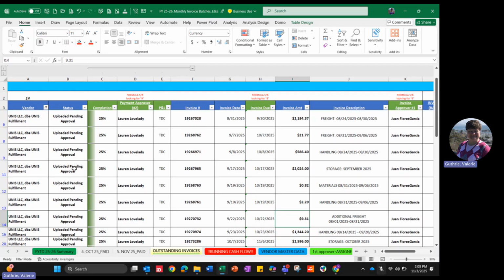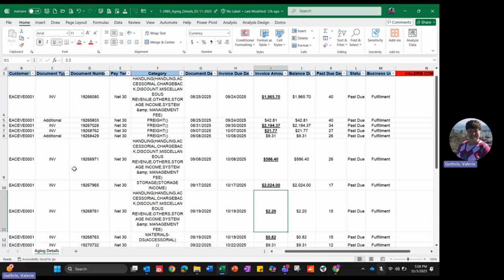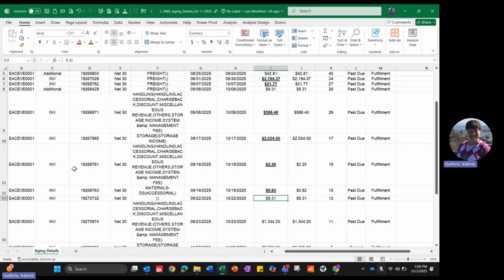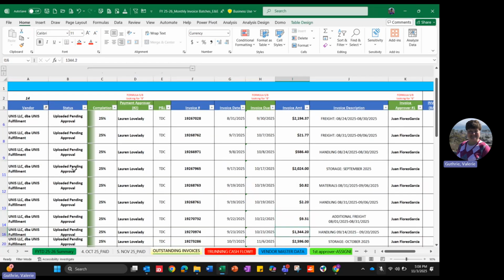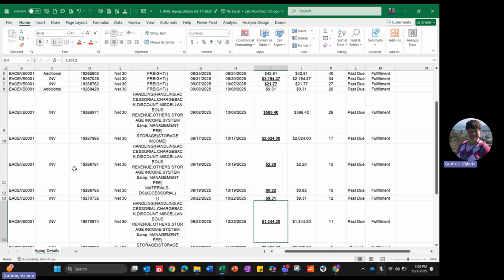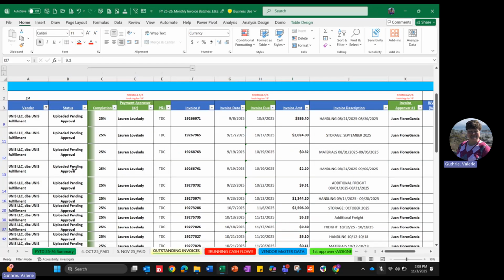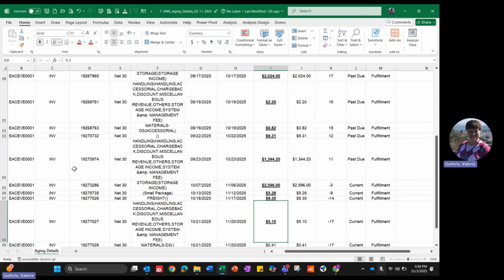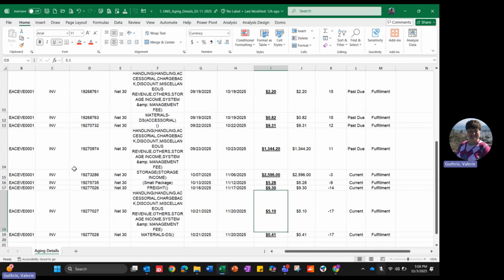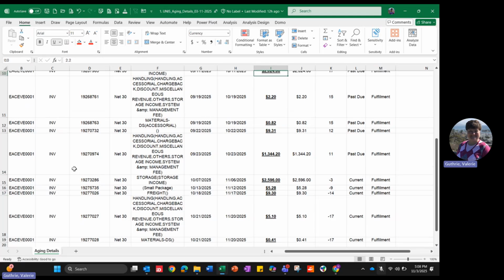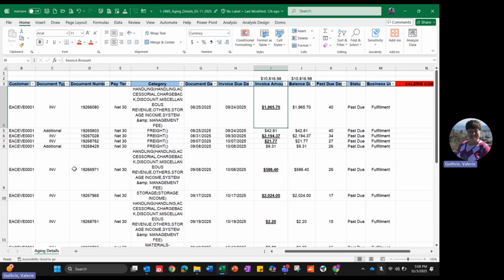931 is related to invoice 732. This 931 is 732 invoice. 1344.20, 2596, 528, 930, 510, and 41 cents. So there was an invoice that did not show up on my list for